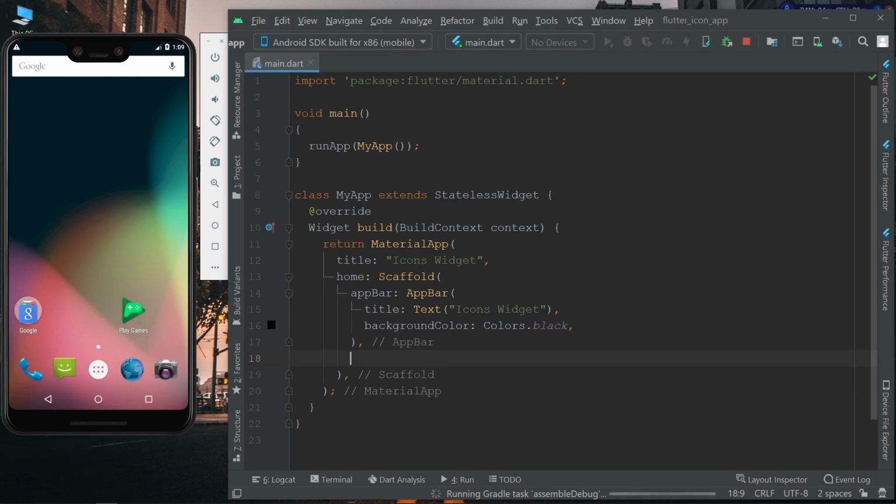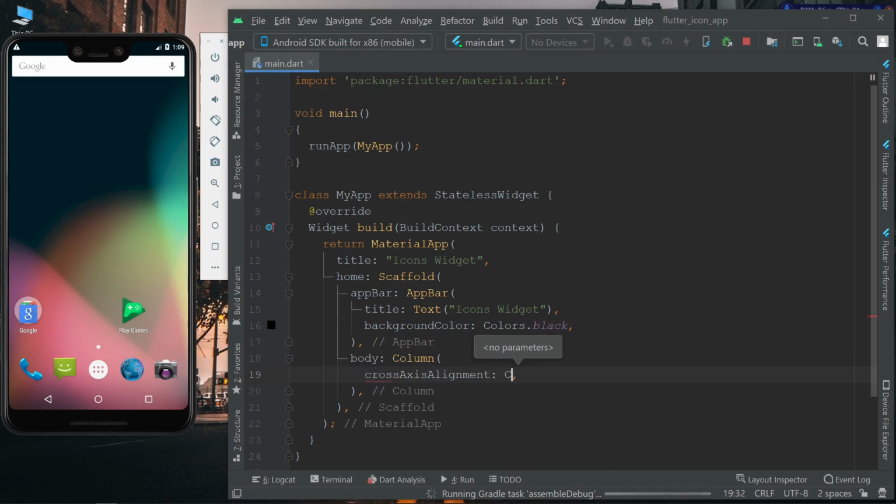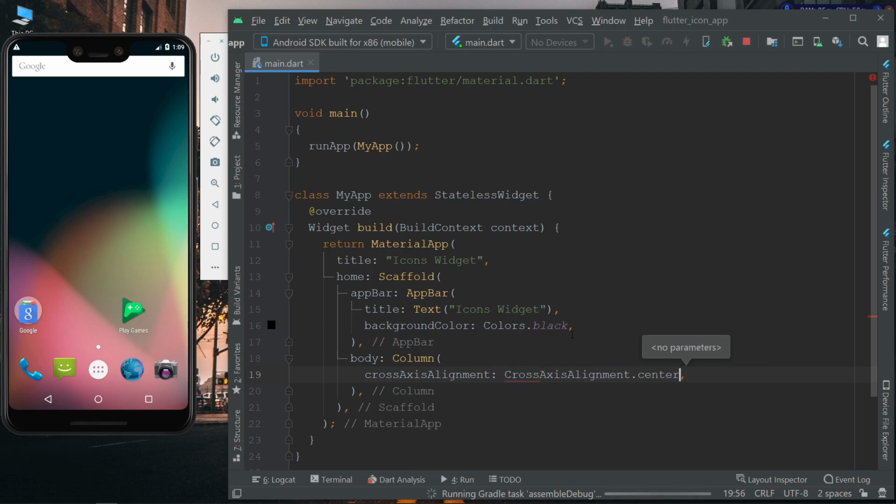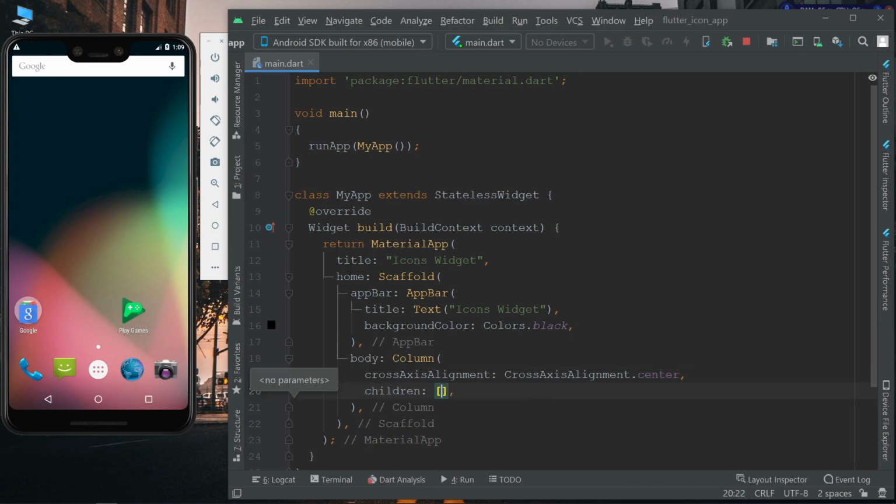Now we will create the body of the scaffold. Inside the body we will create a row or column, and inside that we will use the crossAxisAlignment property and specify it as center. Now we will create children.